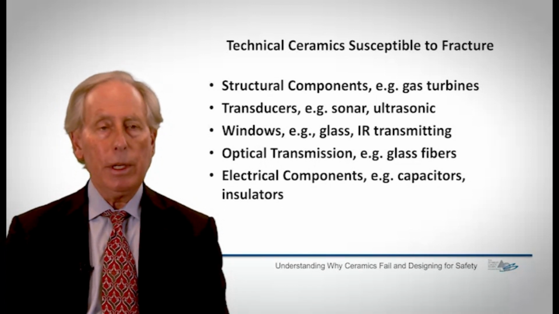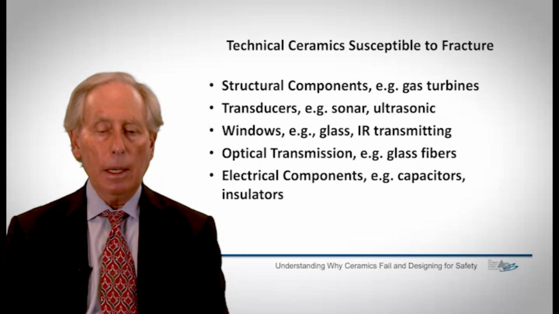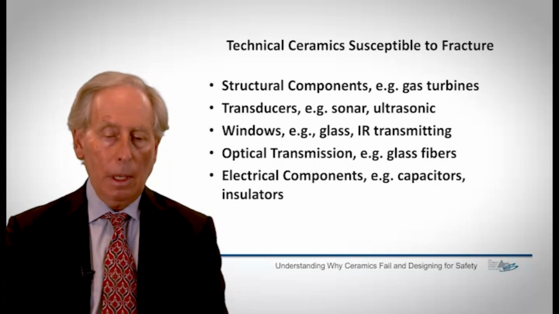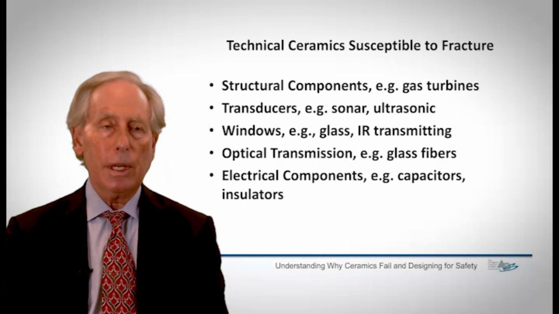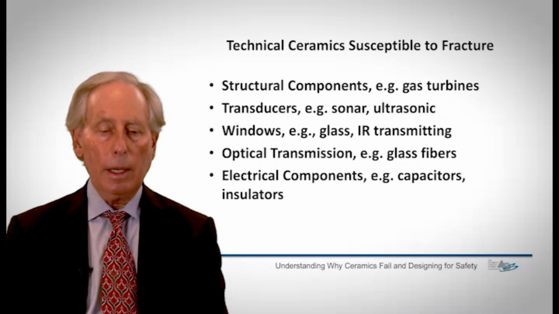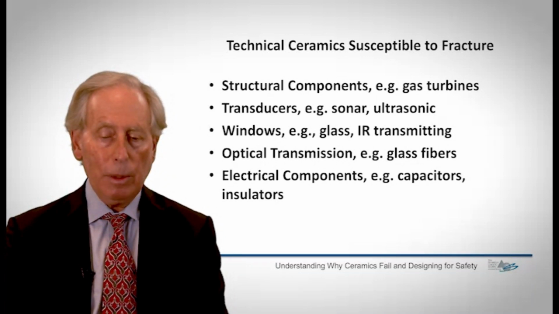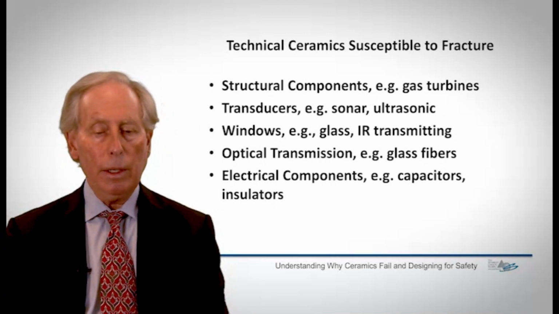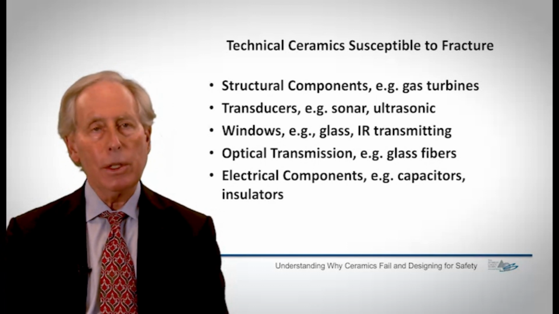So these ceramic materials, typically made of silicon nitride, are also susceptible to brittle failure. Again, sonar transducers, either ultrasonic transducers or sonar transducers used in the Navy, can fail, and they are piezoelectric materials that fail by brittle failure. Any windows, what I call windows, the glass windows that you see in your homes or other applications,